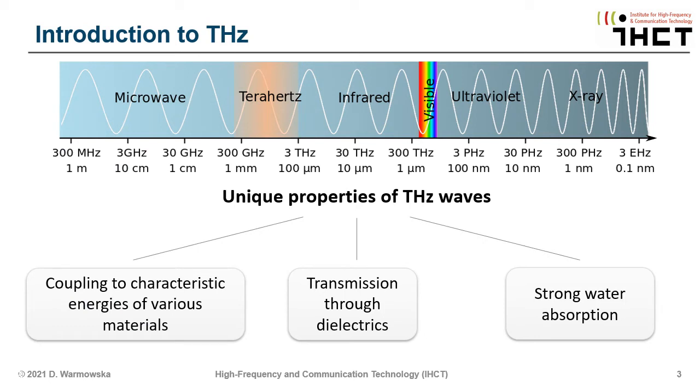Terahertz waves are located in the electromagnetic spectrum in between microwave range and infrared range. That means these waves are on the frequency from 300 gigahertz to 3 terahertz, and the wavelengths are from 100 micrometer to 1 millimeter. Terahertz waves have a lot of unique properties that make them different than microwave or infrared waves. First of these properties is coupling to characteristic energies of various materials. This allows us